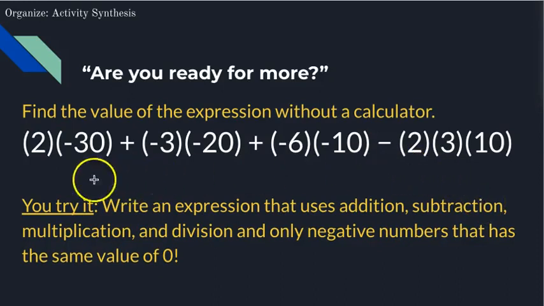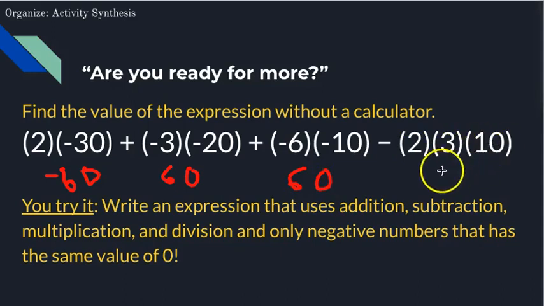Yep, there's a lot here, right? These two multiplied together make negative 60. These two multiplied together make 60. These two together make 60. 2 times 3 is 6, times 10 is 60. Now,